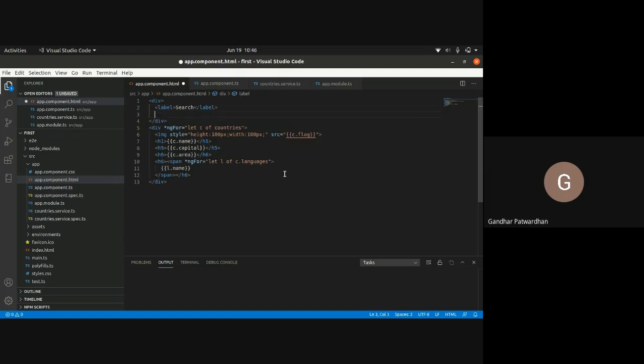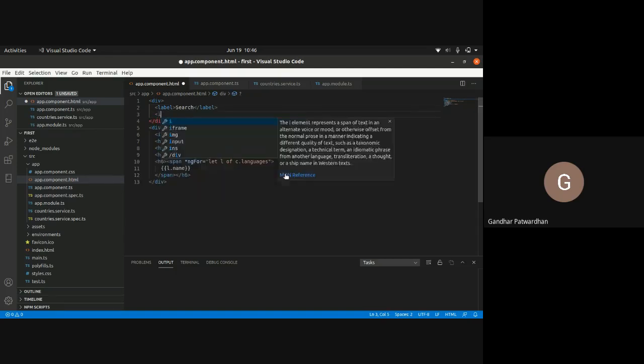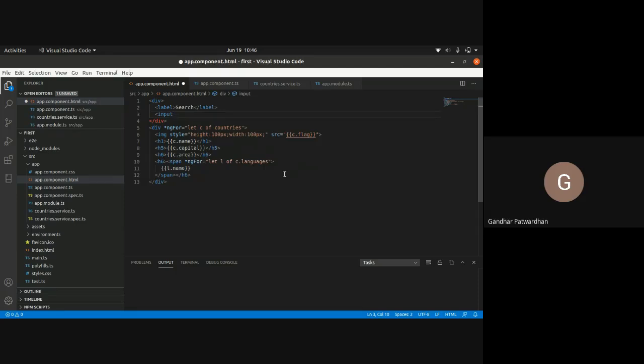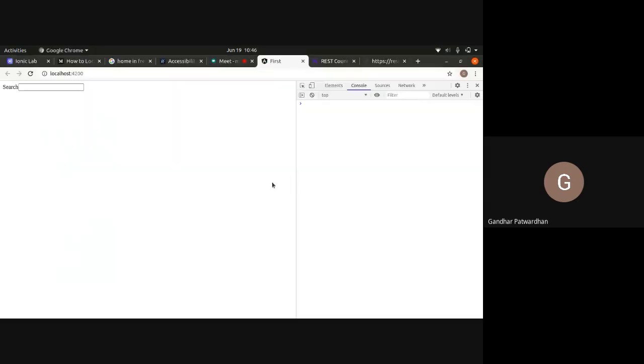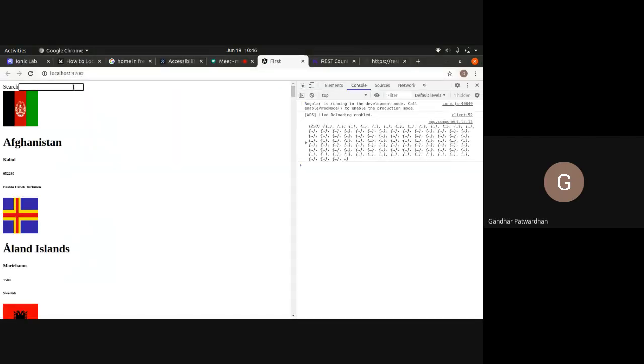After the label, I will give an input field with type equals text, and I'll give ngModel equals something I'll call searchStr. So it is a very simple input field.